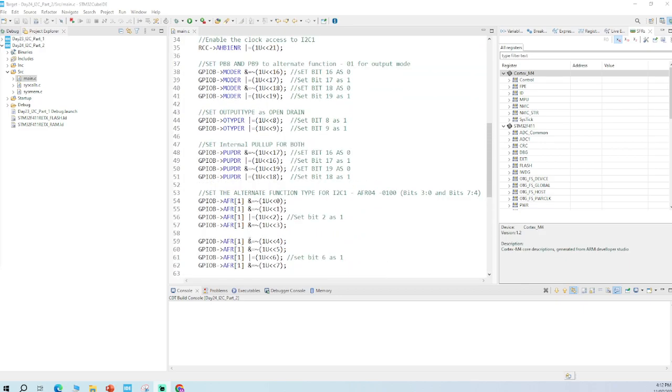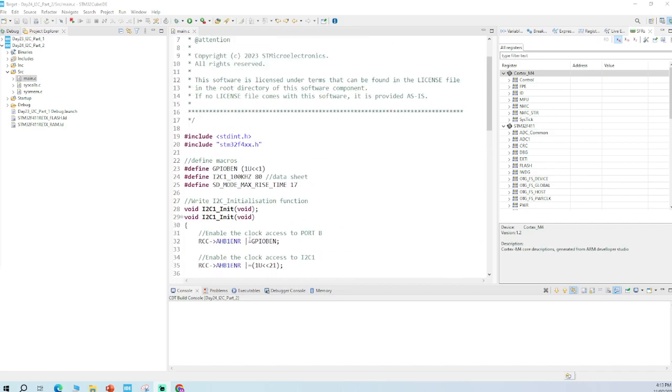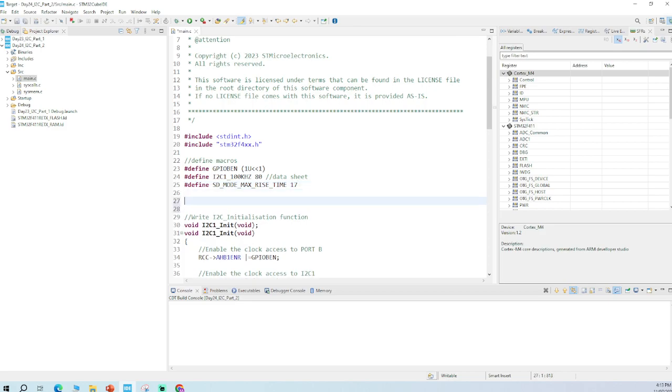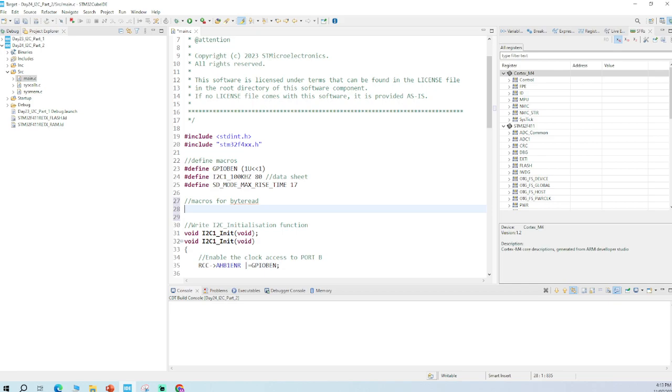So today in this session we're going to learn to write the next part, which is the byte read. To do that you need to define more macros. So I'll start with defining the more macros. I'll give it a space, macros for byte read. So as you know, you need to write with define